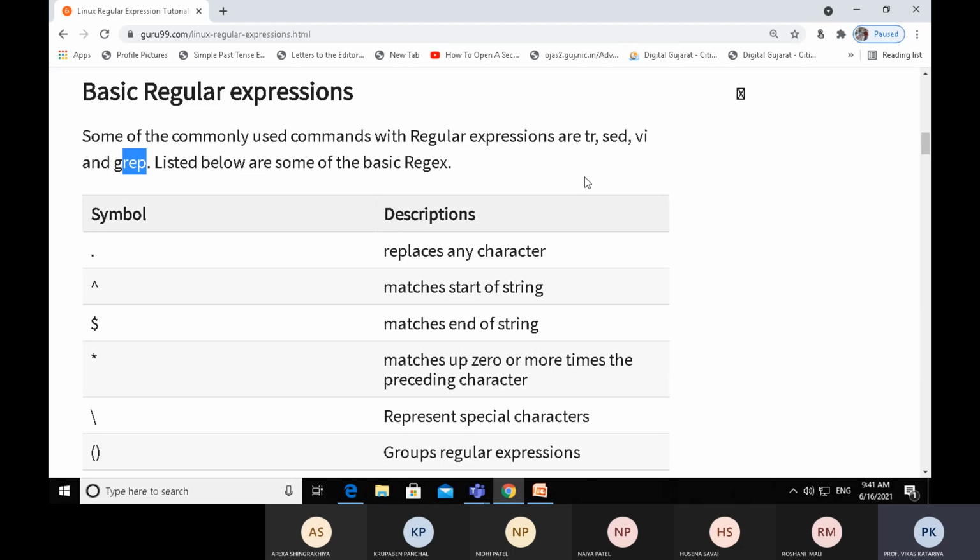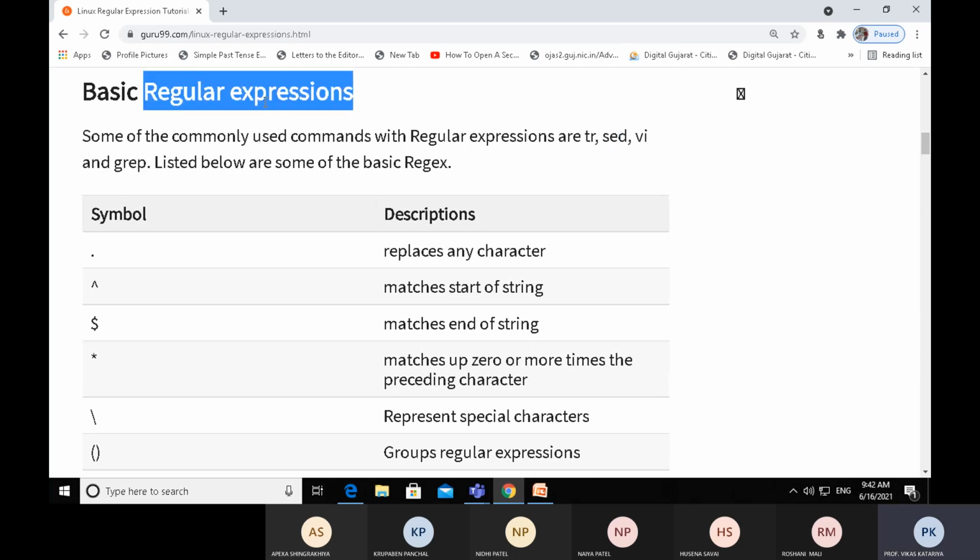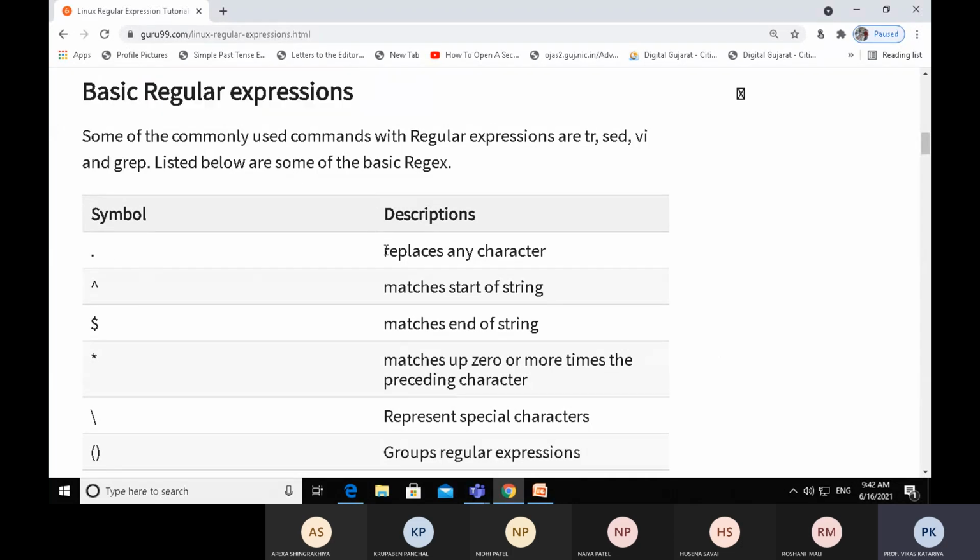These are four commands which mostly use regular expressions. tr is translation; sed is a filtration command; vi is an editor; and grep is again a filtration command. And what are the special symbols contained in a regular expression? A regular expression is nothing but a collection of symbols which have some definite meaning.